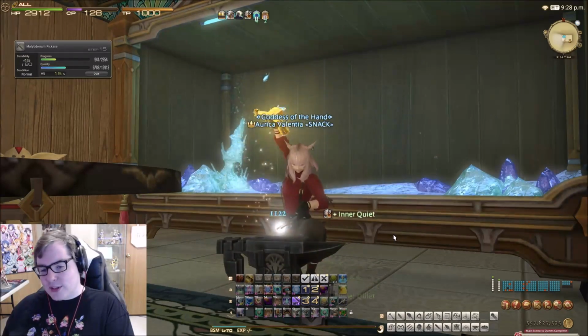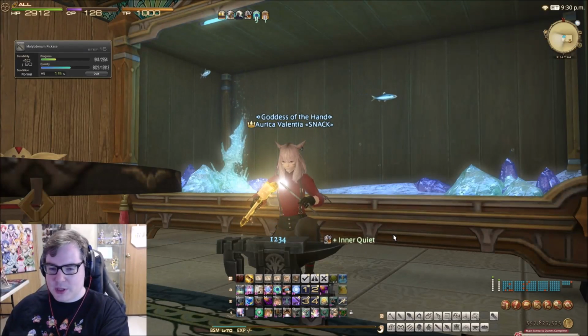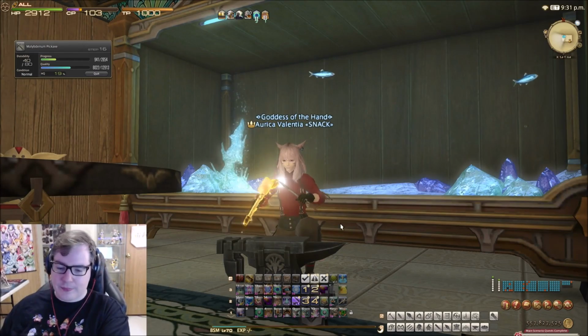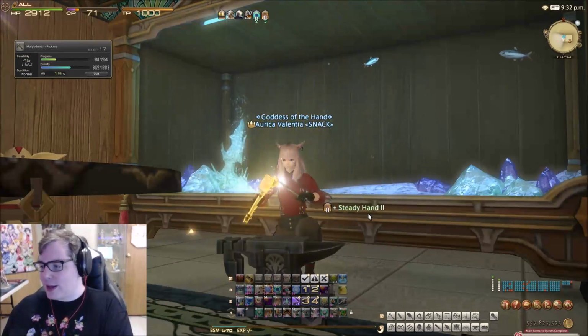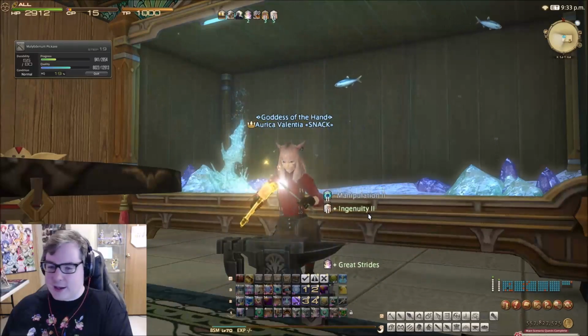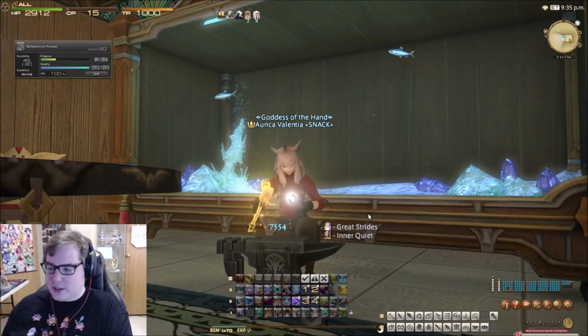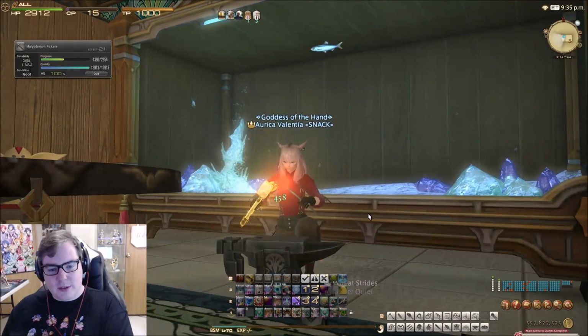Also, if you have more CP, you can replace these 2 hasty touches with some more prudent touches or something like that. Or if you need a little bit more progress, you can add in another careful synthesis as well. Or if you want, you could even change it to hasty touch 2 or something like that, but it's just not needed, so...